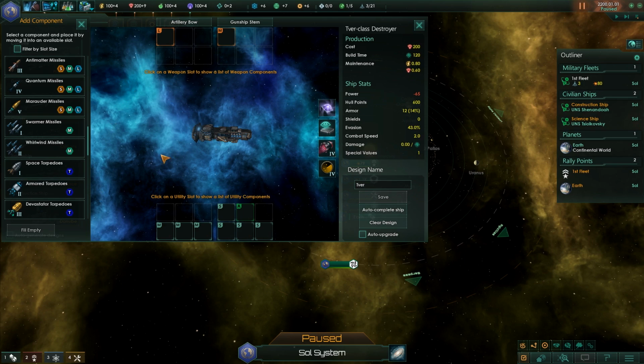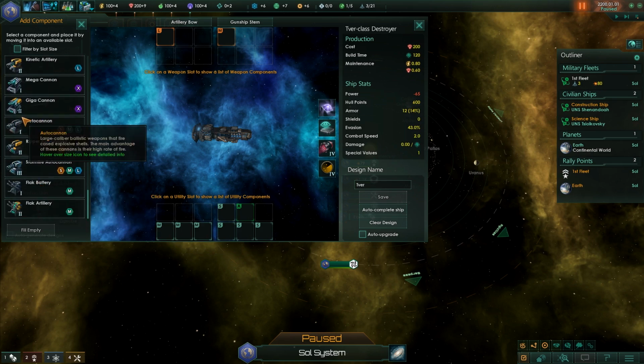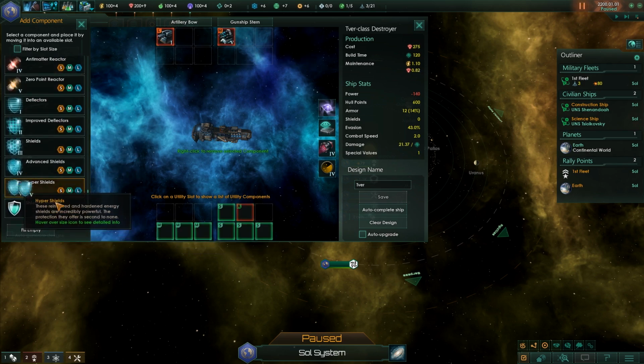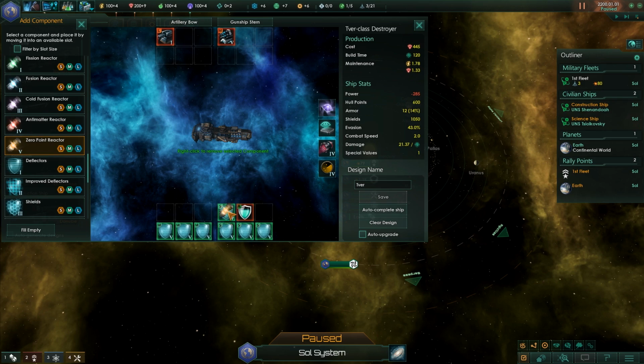These guys are going to get hit a lot more often, and you're able to put on some shields to kind of mitigate that. But the hull points, again, are so low that it's not really worth using armor for the most part. So a lot of times early game, I'll put in whatever large slot I have. Maybe sometimes I'll have a little bit of kinetic batteries or whatever, some Gauss cannons. And then down here, I kind of just try and fill in as many shields as I can. I will usually throw on a shield capacitor if I can, and then put in